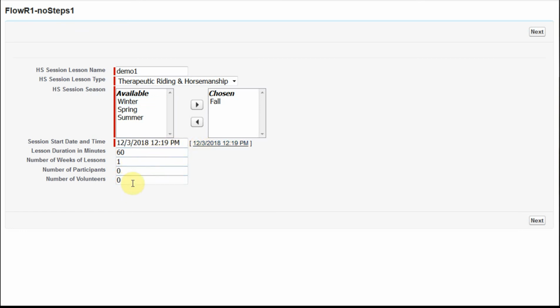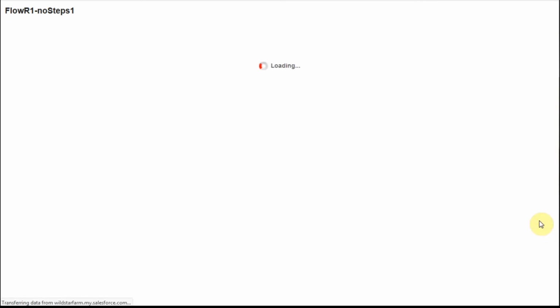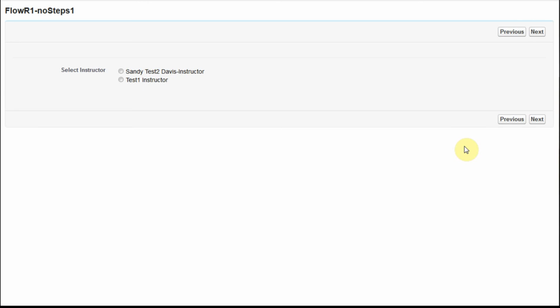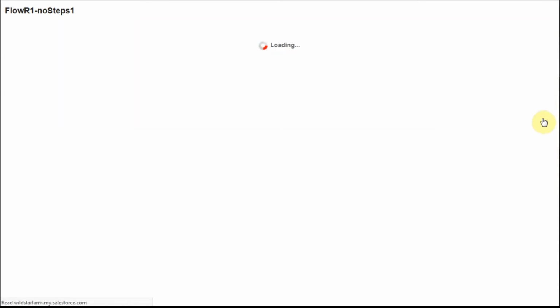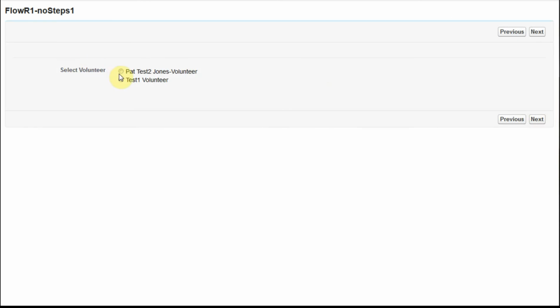We could put in numbers of participants, numbers of volunteers. That's not really tracked right now, but you can imagine it for looping in a next step. What we're going to do, though, is select an instructor. We're also then going to select a volunteer, and we're also going to select a participant last name,